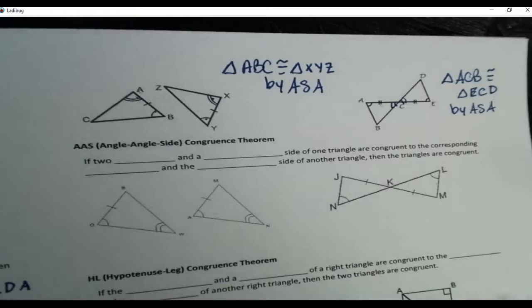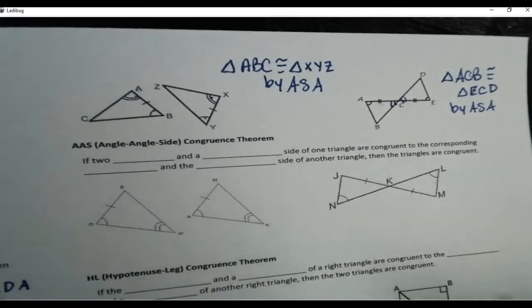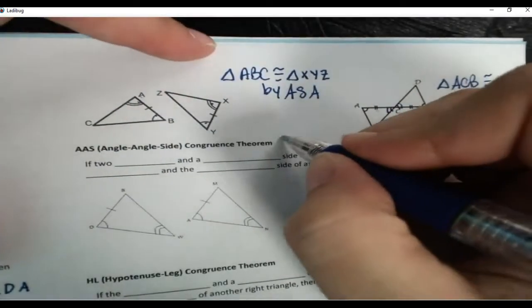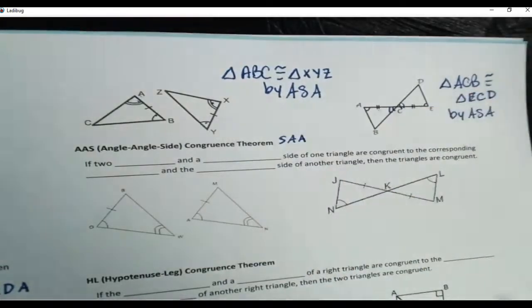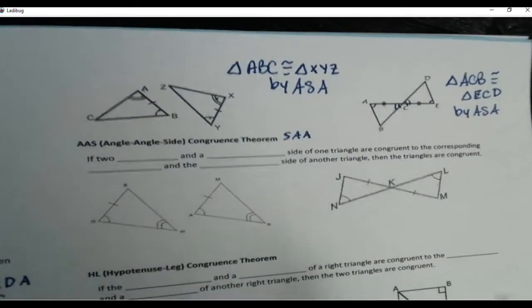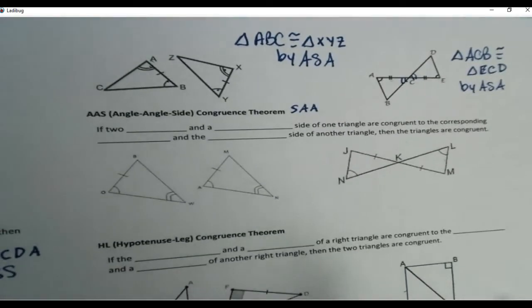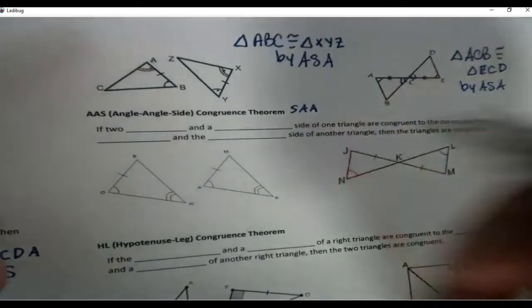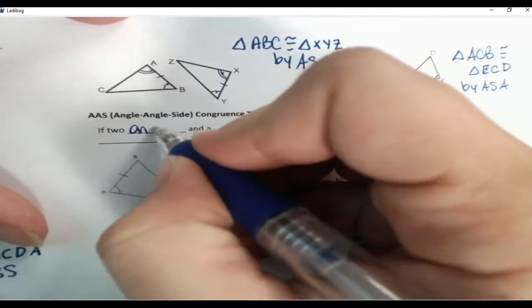Okay, so our next one is angle, angle, side. You can also say side, angle, angle. So either way is the same. So angle, angle, side, or side, angle, angle. Doesn't matter. So it says if two angles